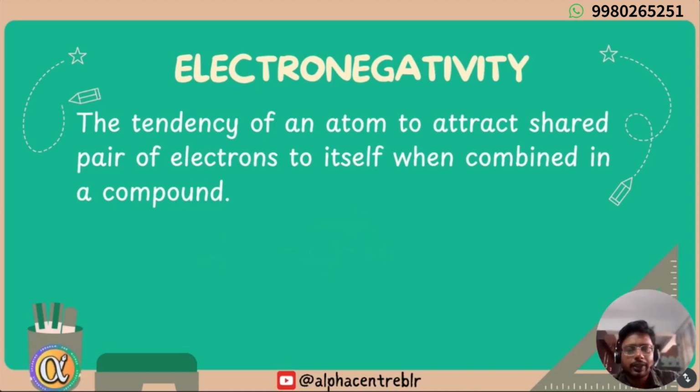So electronegativity means the tendency of an atom to attract the shared pair of electrons to itself when combined in a compound. Yes, sir. Okay. Now, what is the trend? See, the trends are very similar to electron affinity and ionization potential. Just like smaller atoms would be more excited to gain electrons, even smaller atoms would have greater support from the nucleus to pull the electron towards itself, right? So we can just say that electronegativity is inversely proportional